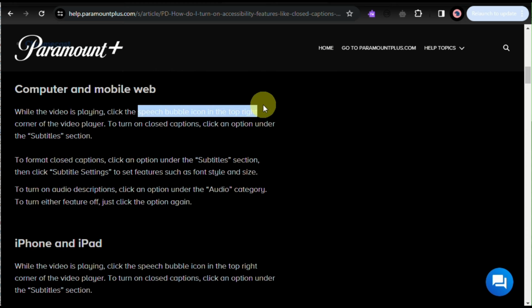When you click on it, you will have the option to turn on or turn off your subtitles. And you just need to make sure that you click an option for the subtitles section. And that's basically it. That's how you will be able to turn off your subtitles when watching a movie